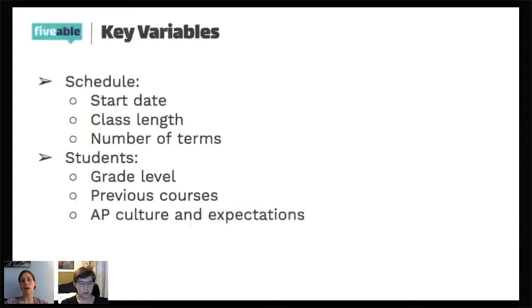They're going to affect how much time you spend on any particular thing. My students most recently had world history in the 7th grade, and they're coming to me as 10th graders. So I can't rely on them having learned anything that they will remember when they come into my class. I have to provide opportunities for them to do it all. And I think a lot of us are in similar boats nationwide, but not everybody. So if you're in a place where you have greater experience or older students, some of this may not apply as much to you.